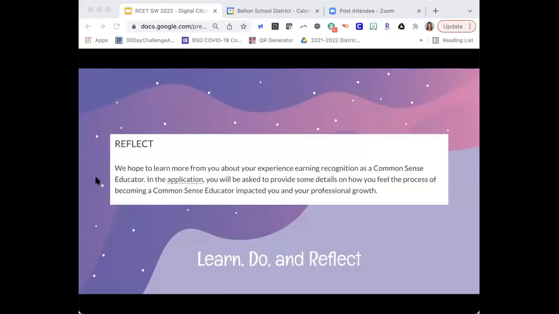So the reflection section is very important. And this is actually something that you have to do not just to become the educator, but then when you do the school certification or the district certification as well. So we have had very good feedback from our staff, from our teachers who have taught the lessons so far,